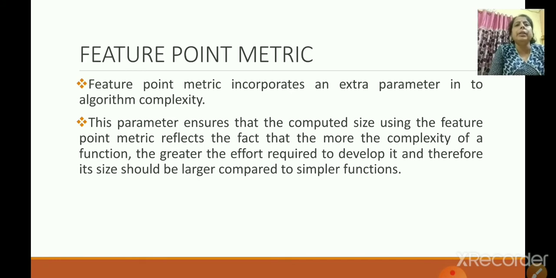This parameter ensures that the computed size using the feature point metric reflects the fact that the more complex a function is, the greater the effort required to develop it, and therefore the size should be larger compared to simpler functions. When the function is complex, the required effort is more, and when the effort is more, the size will be more. This point is included in the feature point metric.